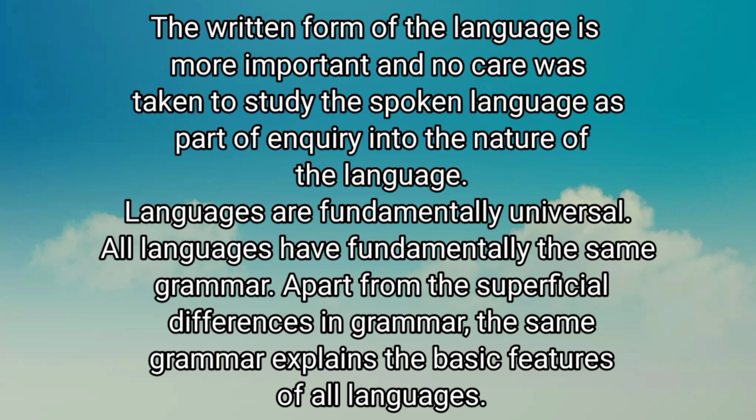Next, languages are fundamentally universal. Universal means what? All languages are the same. Only letters and symbols are different. Grammar is also similar. Expressions are also similar. Meanings are also similar. Only a little bit of difference is going to be there in grammar. But all languages are universal. The same expressions you can use anywhere. So whatever expressions you are going to use in India, the same expressions people in China or other countries can also use. So that's why fundamentally all languages are universal.